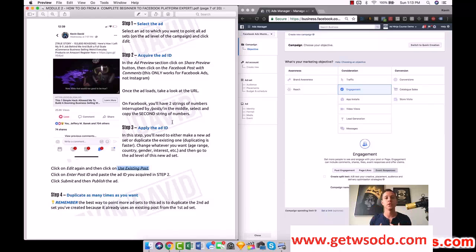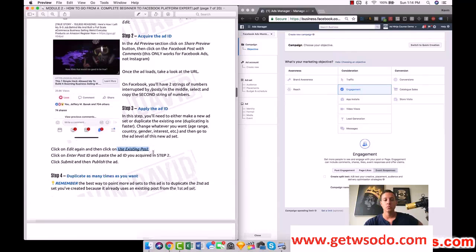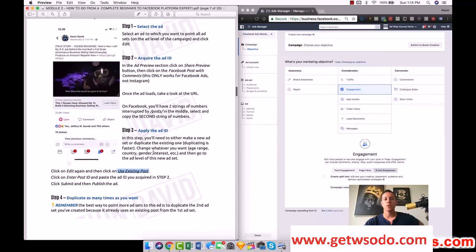I'm just introducing the concept now so you understand what an amazing hack this is and how important it is, right? Because one of the coolest parts is once you do this once, guys, you can duplicate it as many times as you want. The powerful thing about that is you can create an engagement post, get a bunch of cheap likes with the engagement. You can create a traffic campaign. Then next, you can use the existing post ID that migrates over all of the social proof that you got, but now you're using the traffic marketing objective.